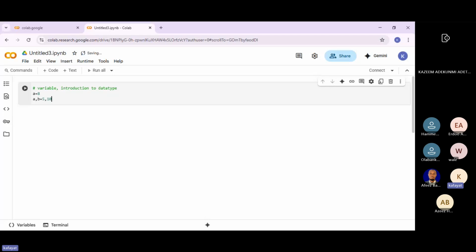What this is telling you is that they are initializing a to be 5 and b to be 10. So they are initializing two variables at a go. It is very possible, and sometimes you might see something like this and get confused. The two variables are initialized to their variable names respectively: a is initialized to be 5, b is initialized to be 10. Am I making any sense, sir?